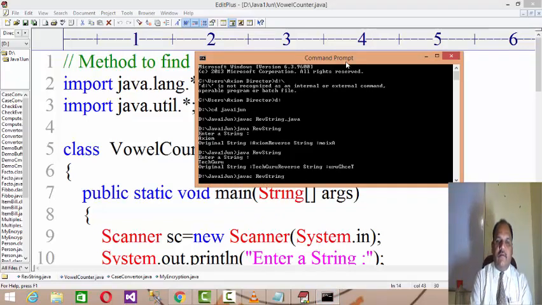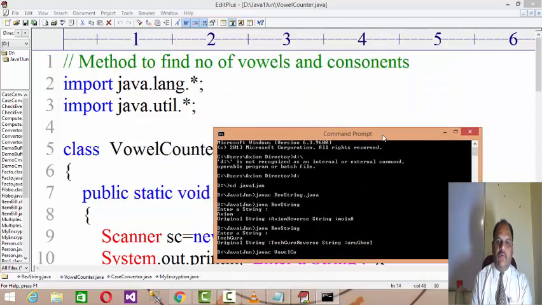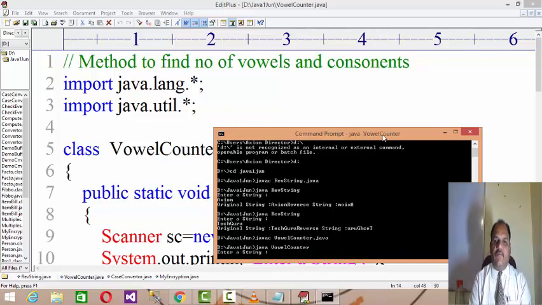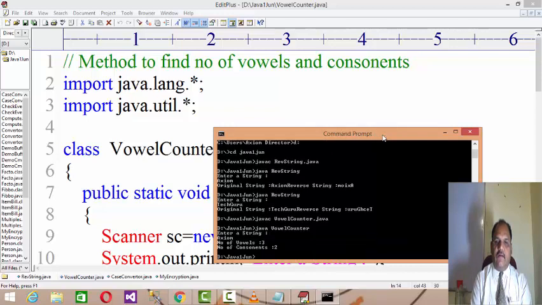Like javac VowelCounter.java, and after that java VowelCounter, right? If you run this and enter the string axiom, you will see that in axiom you have 3 vowels